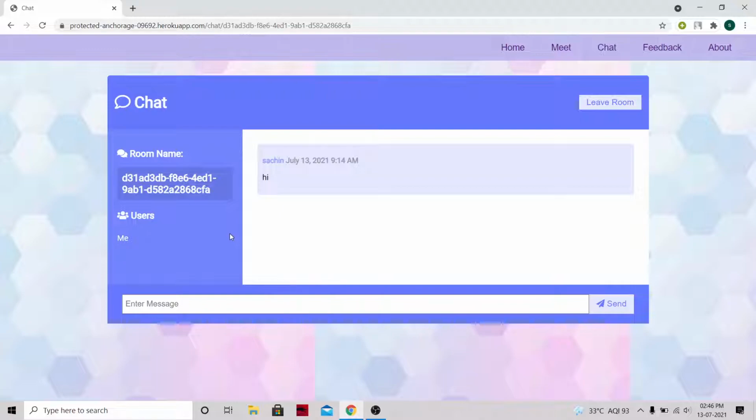And if the meeting is going on and there are current participants, then all the participants will be listed in the user section. As of now the meeting is closed and no one is in there, so it is only showing me here. And we can send messages from here also. Like I will send hello and press enter, then it will send the message hello, and this message will also be accessible from the meeting. And we can also leave the chat window.